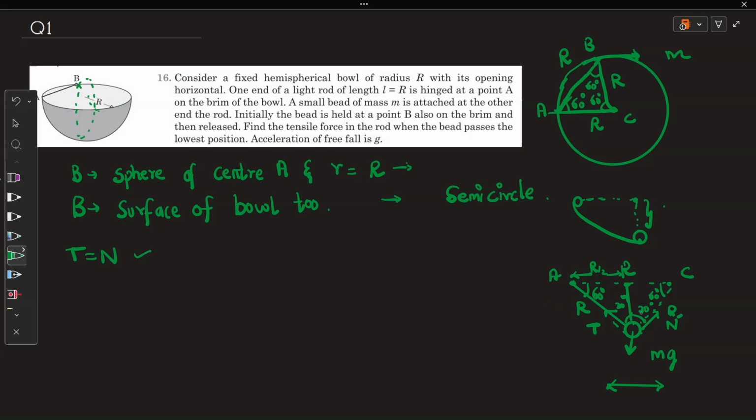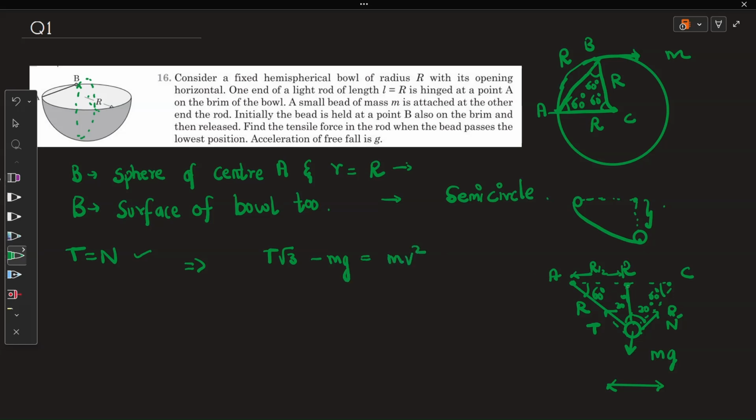And the next point is, what about the centripetal force? The centripetal force is nothing but the component of T in this direction and the normal reaction in this direction, that is T cos 30 degrees plus N cos 30 degrees. As T and N are equal, the centripetal force is T cos 30 degrees, which is T root 3 by 2, plus N cos 30 degrees, N root 3 by 2. So in total we get T root 3, and minus mg is nothing but mv square by